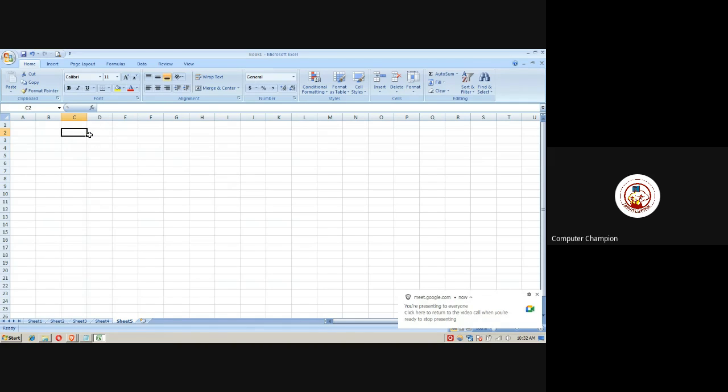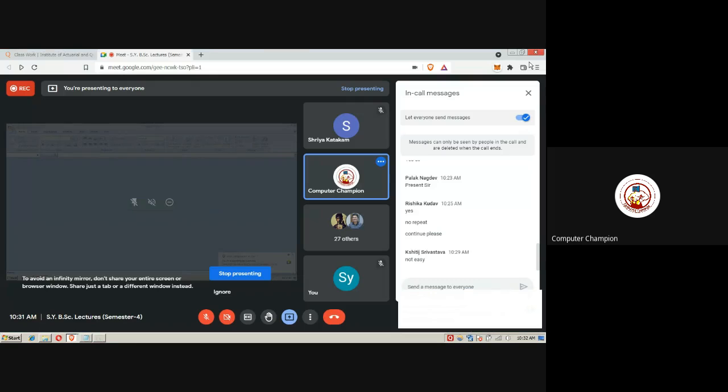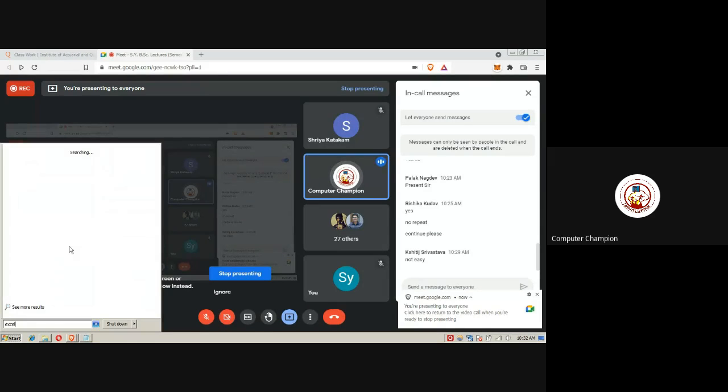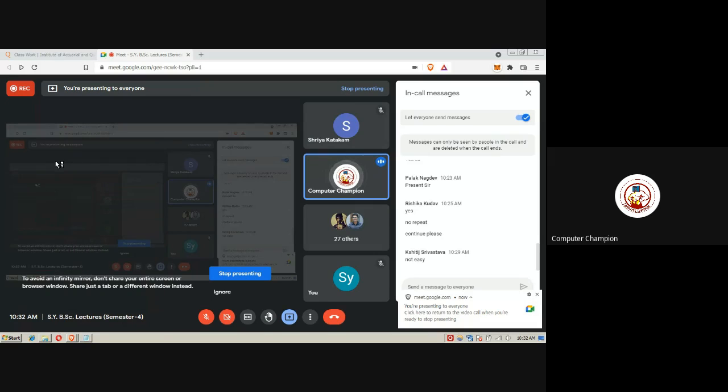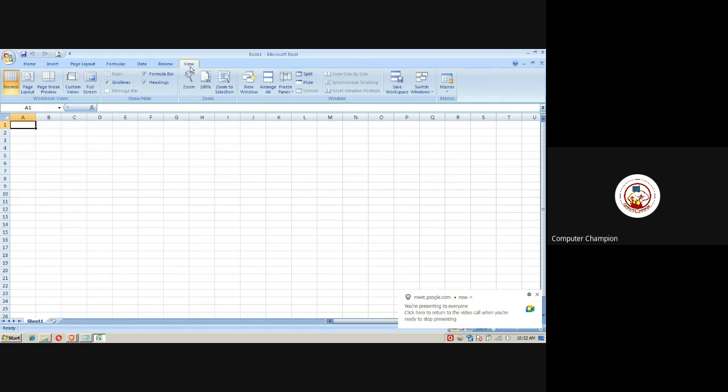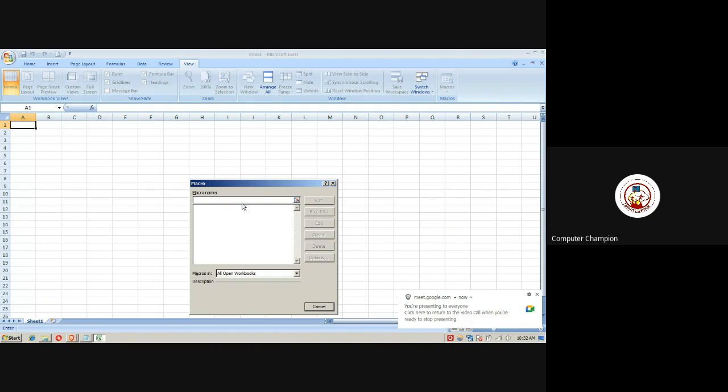So just open a blank Excel. See, I have closed my Excel now. I'll go to Start, write Excel, and open a blank Excel here. And just press Alt F11. Or else, you can see there is a View menu here. View, Macros, and then View Macros.